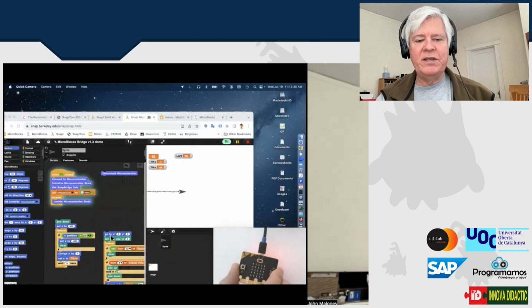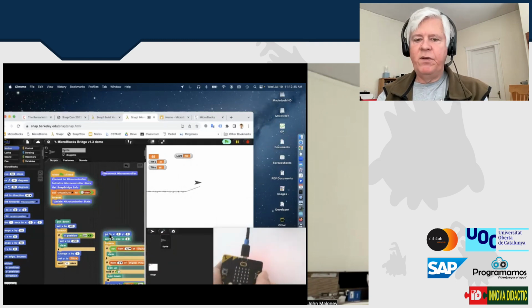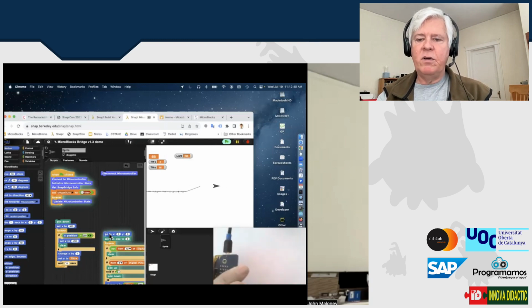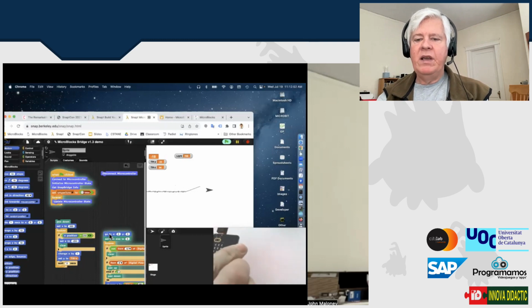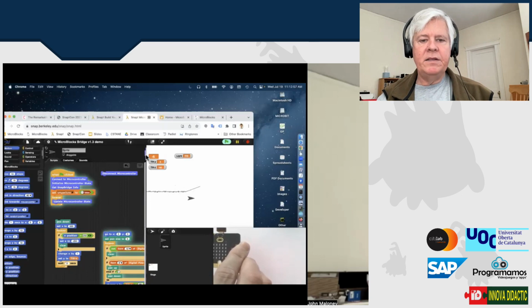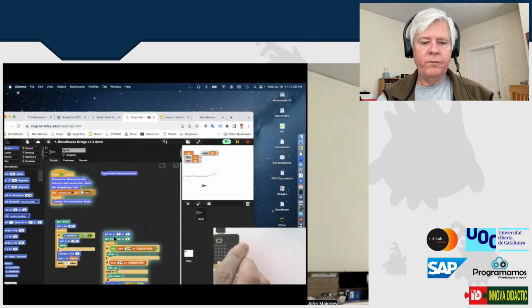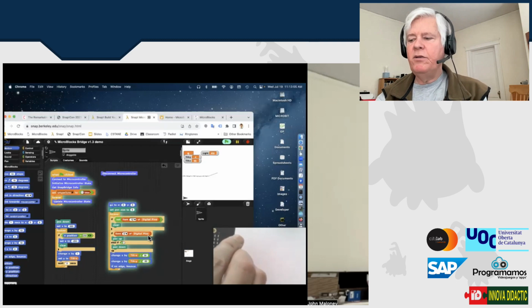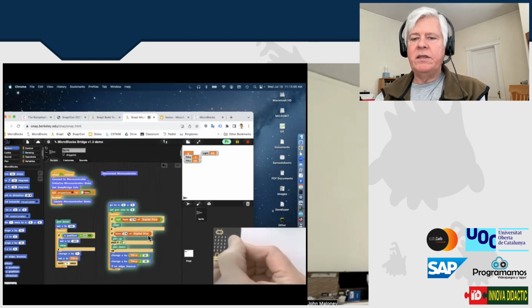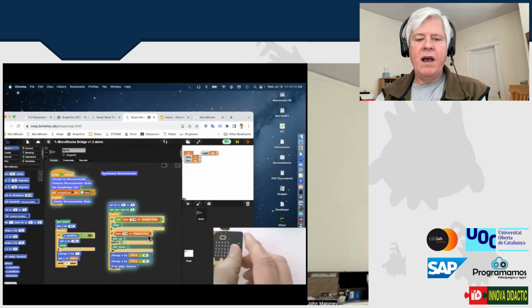I am not very good with this drawing program, but first of all, it's moving the sprite around. So the more I tilt it, the faster it moves in a given direction. Then I also have some code in here that's looking for item 12 of the digital pins and item 6 of the digital pins. Those are the buttons. So one of these buttons, this left button here, is pin number 12, and that clears